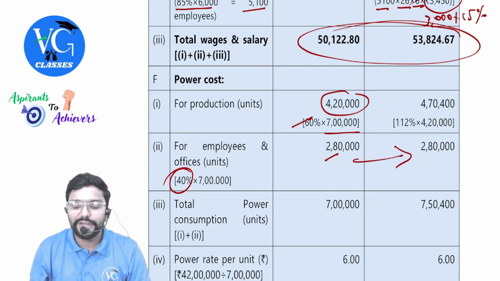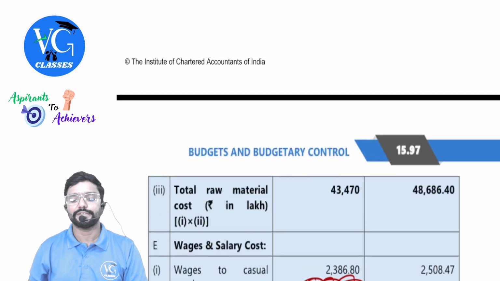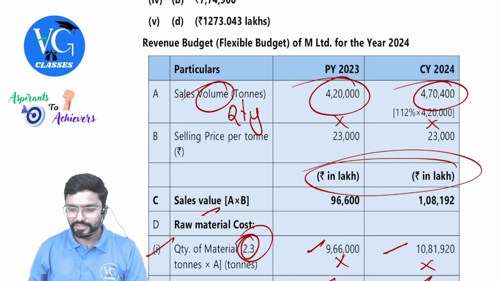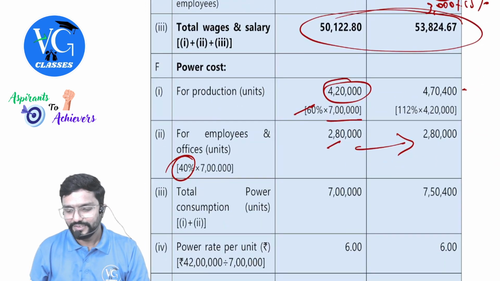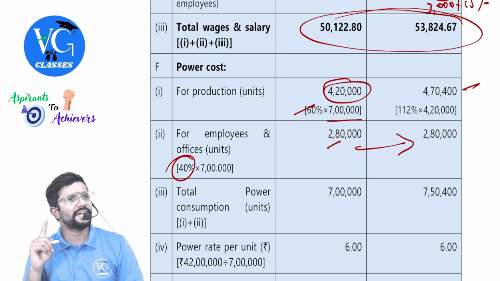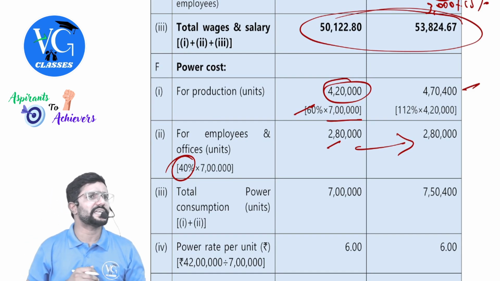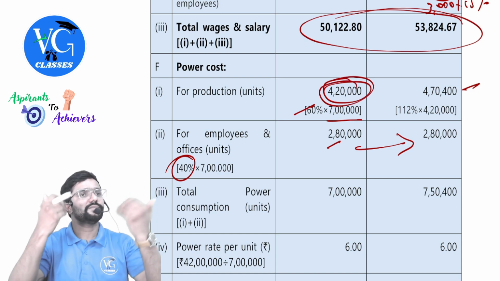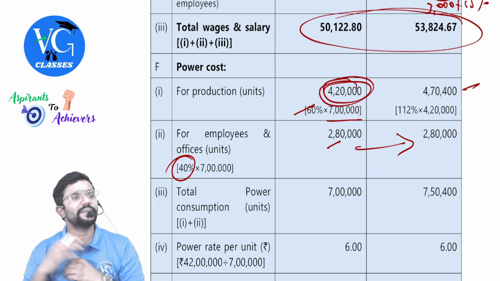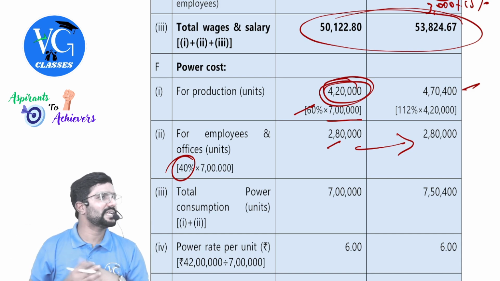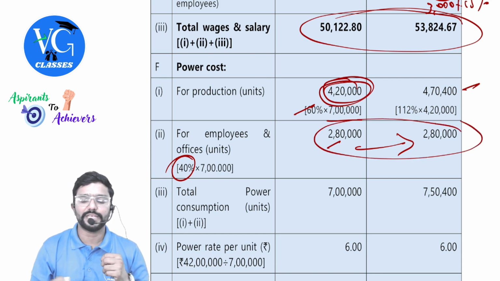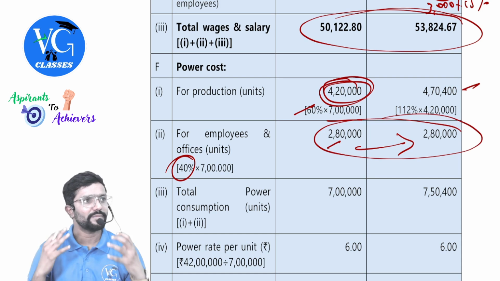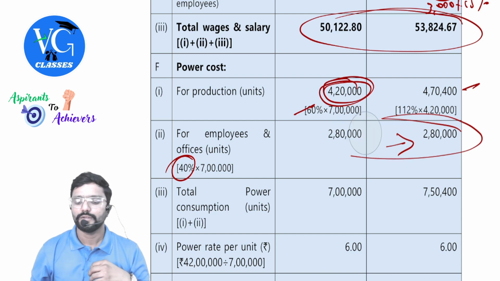Whereas 420 was for how many units, guys? 4,20,000. Now how much? 470, 400. Directly same amount. Clear? 112% they have taken, which is a 12% increase. You can do like this. 420 is for 420. How much for 470, 400? Or else, production has increased by 12%, same thing you can do, plus 12%. This is considered to be same. That is for employee partners. Fixed.